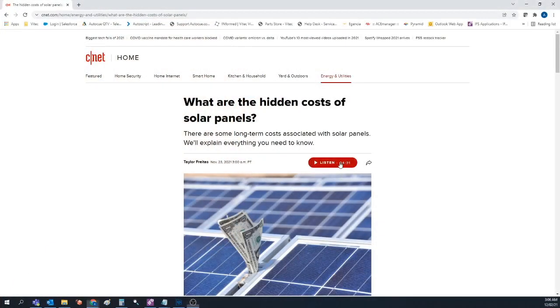Let me show you here. Many people are aware of the upfront costs of installing solar panels, including the price of the system, permits and contractors. However, something that isn't discussed as often is the ongoing expense of maintaining a residential solar system. Fortunately, while there are some extra costs associated with keeping your solar panel...